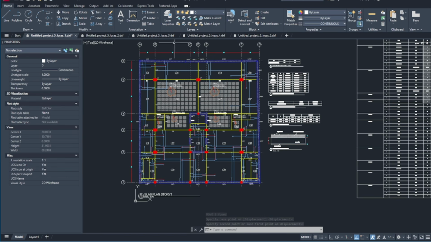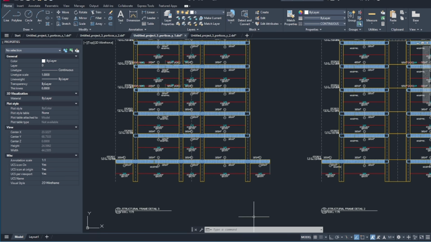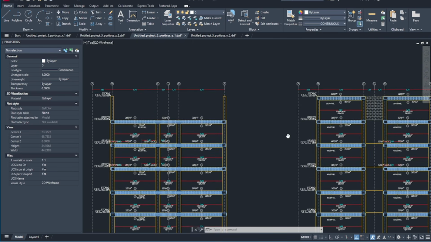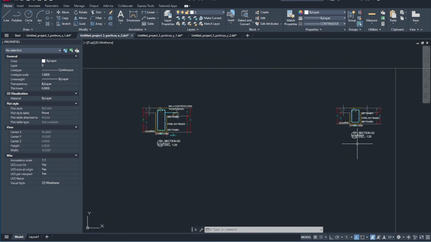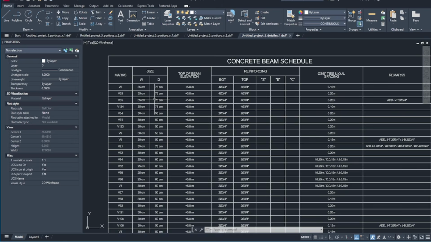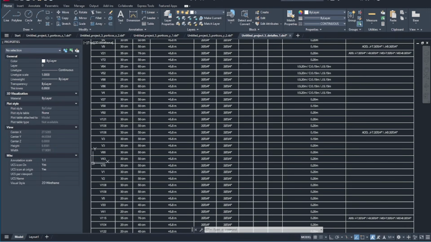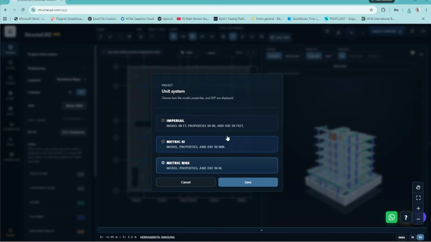This was generated for one of the levels, and we have the same thing for each level. Here you can look at the concrete frames that were generated for this project, and also the beam sections. And for the beams, we get this table with the reinforcement of each one of them. If we wanted to change the units, we can just come here to Manage, Preferences, Units, and we changed it